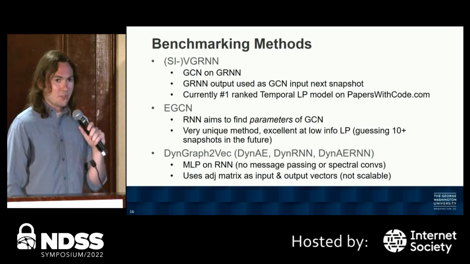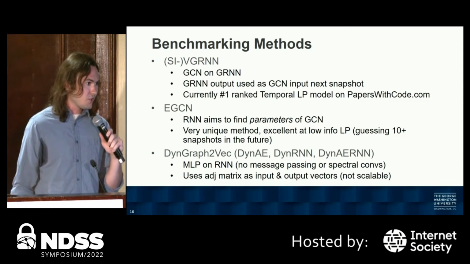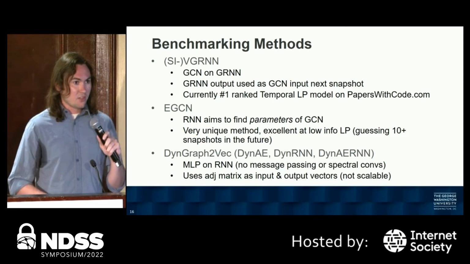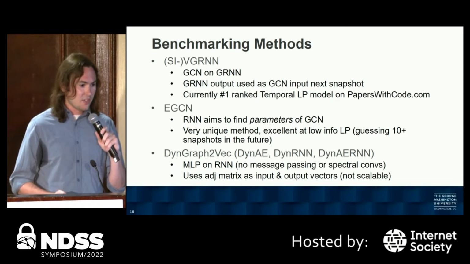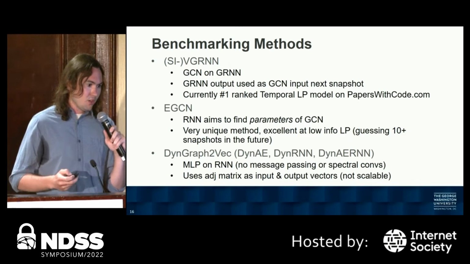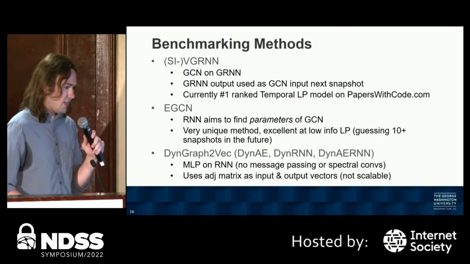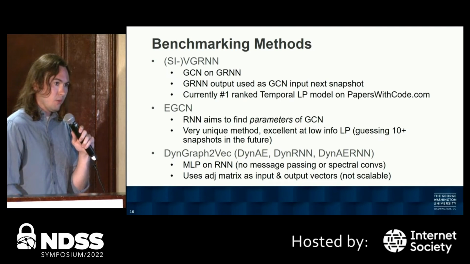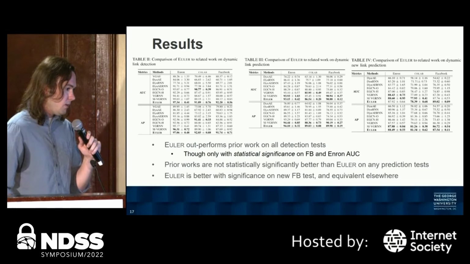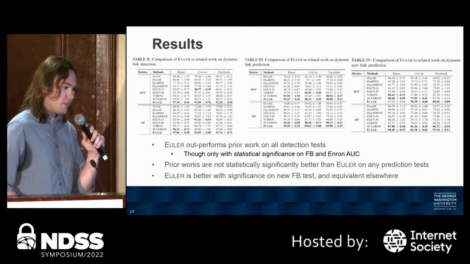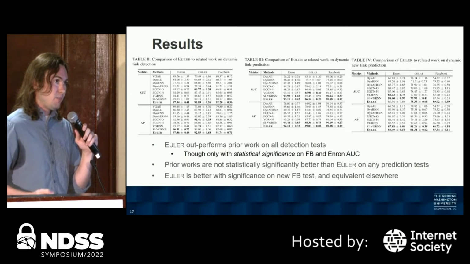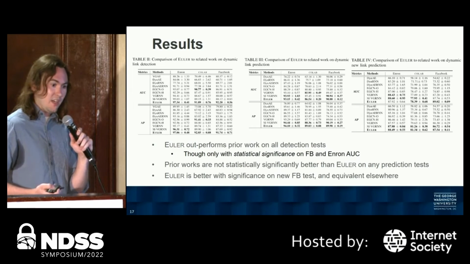So how does this actually compare to other temporal link prediction algorithms? First, we just wanted to try it out on some smaller data sets against the other state-of-the-art. So we compare it to VGRNN, eGCN, and DynGraph2Vec, which at the time of writing were the top temporal link prediction papers on Papers with Code. And what we found was on these small data sets, Euler is comparable. It's better in some cases, but in most cases it's a tie,